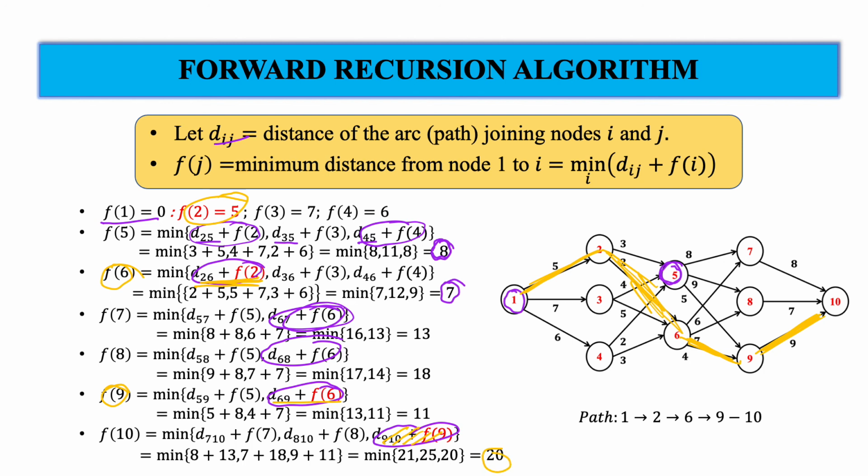So this is just an illustration of how we can solve such a complicated network using forward or backward recursion. But this is not the dynamic programming approach. So how can we solve this type of shortest path problem using the dynamic programming approach? That we will see in the next lecture. Okay, so thank you very much for today's lecture.